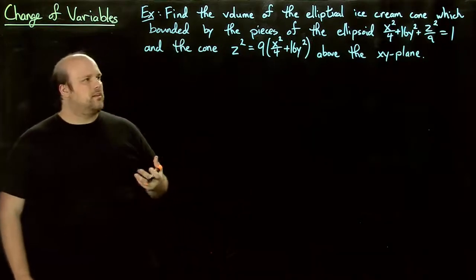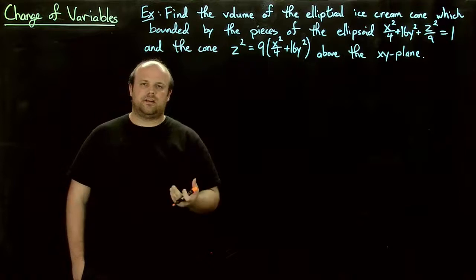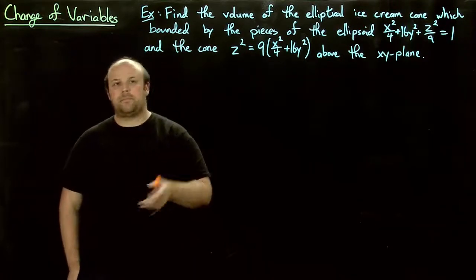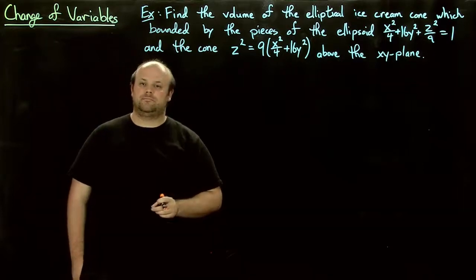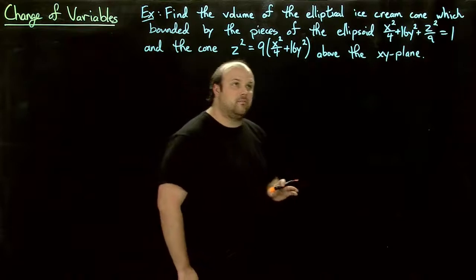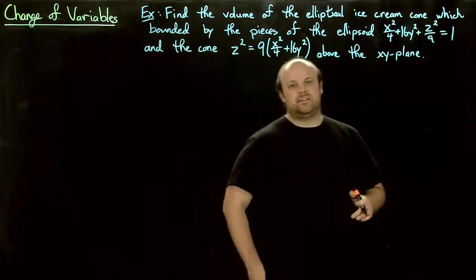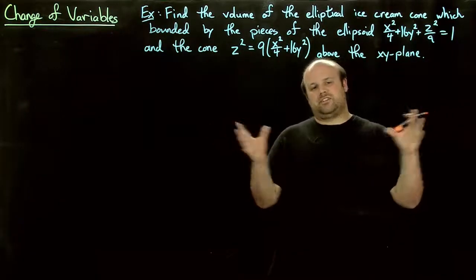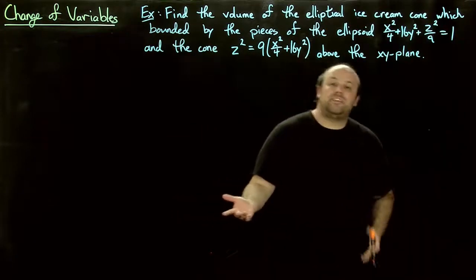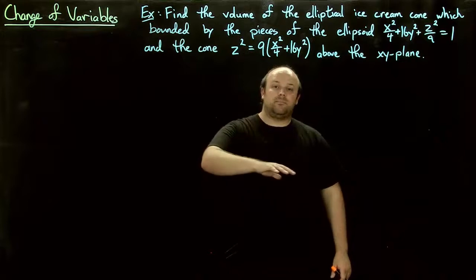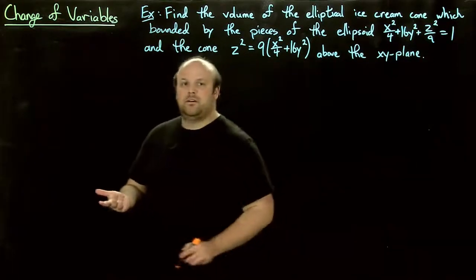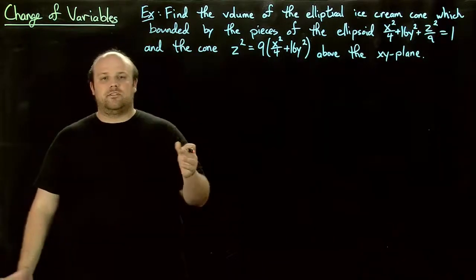Well, you used spherical coordinates last time. That worked great for a sphere. We have an ellipsoid, not quite a sphere, right? But an ellipsoid is where you take a sphere and stretch or scrunch it in some directions. So all we really have to do is undo that and turn it back into a sphere. And change of variables lets us do that. So let's start by